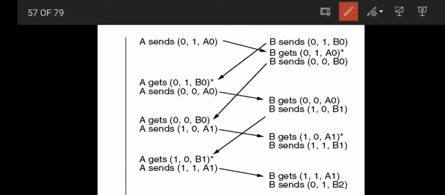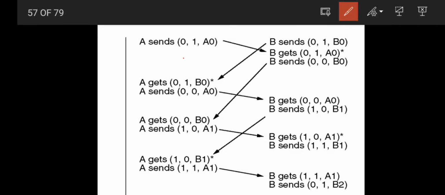And the second scenario is actually an abnormal case, and we can see how this abnormal case is also handled correctly by our protocol. As you know, the communication is bidirectional. That means both machines A and B are free to send data at any moment, right? So there's a chance that both of them send data simultaneously. Let us take such a case, where A and B are trying to communicate in parallel. So let us take the case of A first.